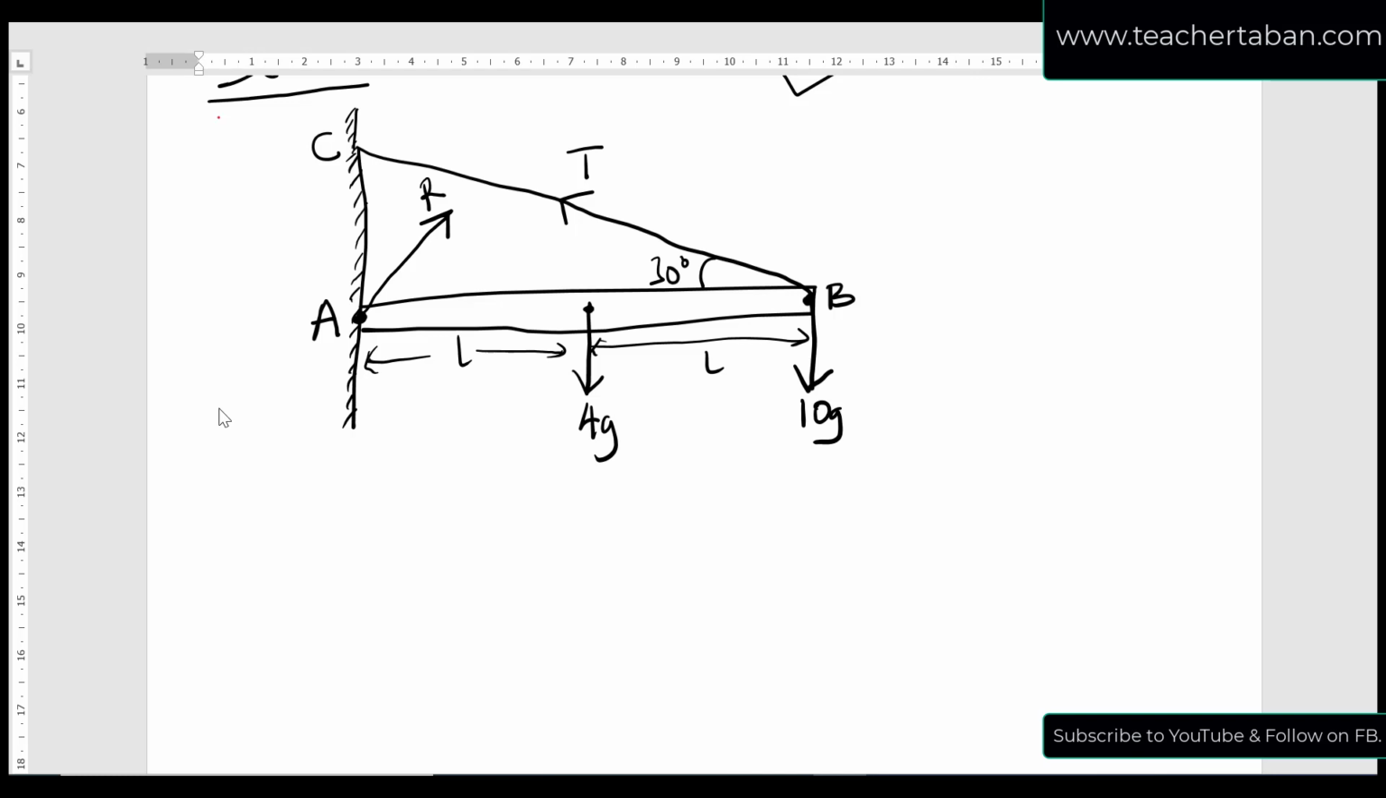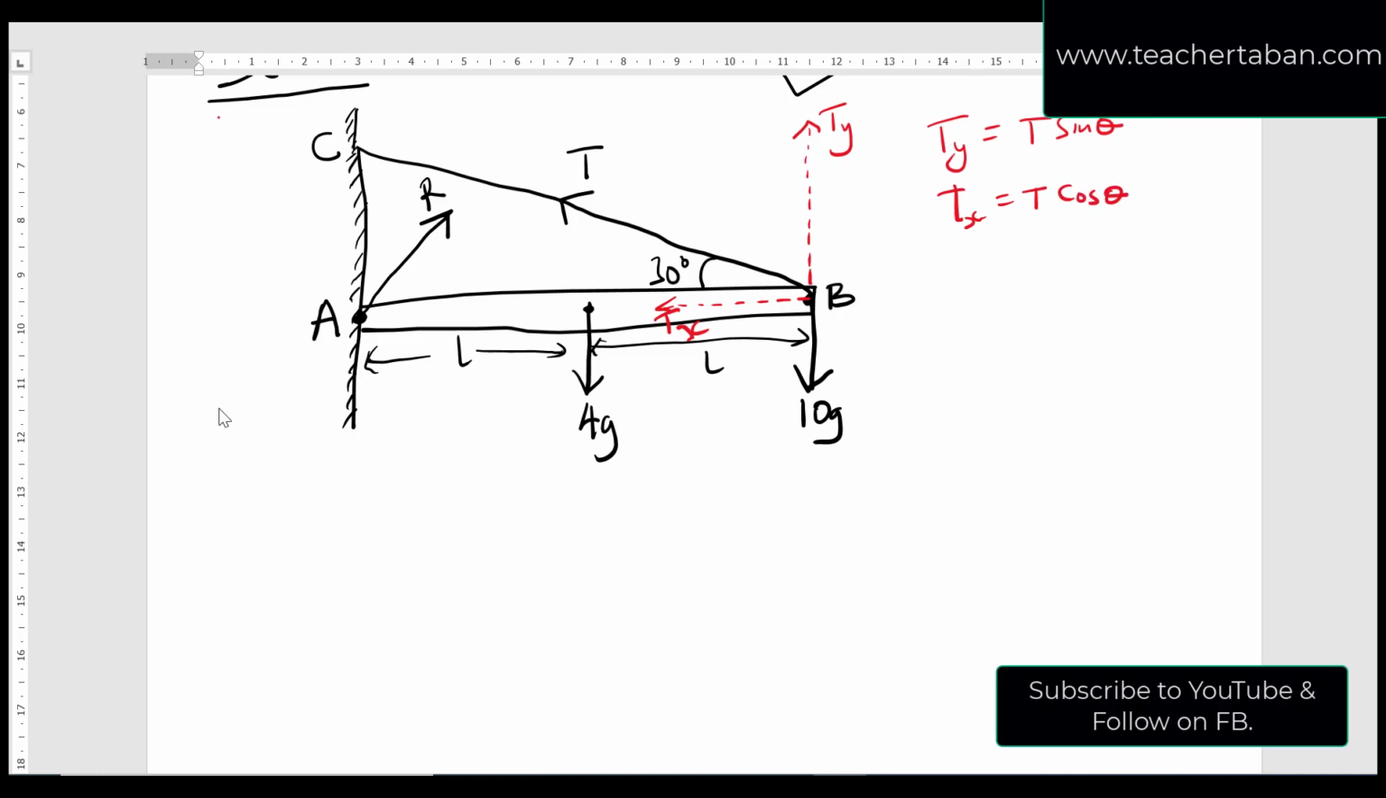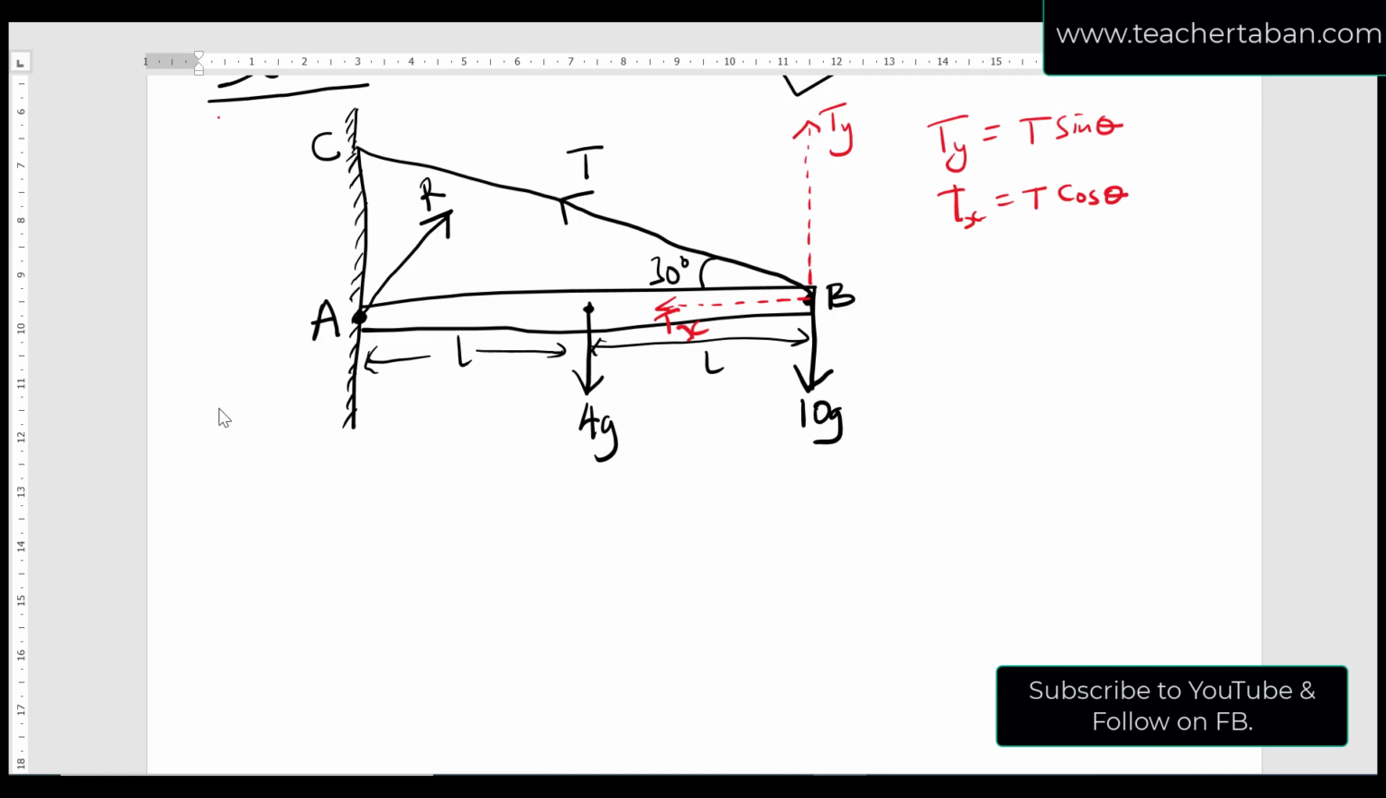Now, since this one is at an angle of 30 degrees, I'm going to assume that its vertical component, I'm going to give it a letter Ty, but this Ty is the same as T sine of theta, as we saw in the slides up there. Then its horizontal component, I'll give it Tx, and this Tx here is the same as T cos of theta. And remember that our angle theta is equal to 30 degrees. Likewise, the reaction at point A, I'll give its vertical component, I'll call it Ry, and then horizontal, I'll call it